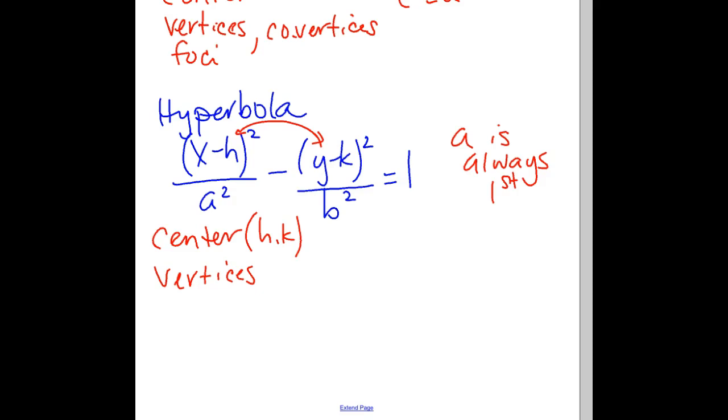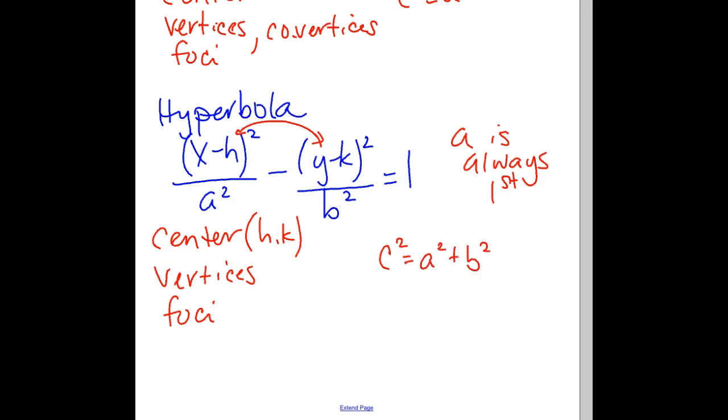We measure from center out to the vertex using what measurement? A. Yep. And then what else? We do want to find foci. To find foci, we would need our C value, right? Just like an ellipse. What's the formula that gets us C if we know A and B? C squared equals,